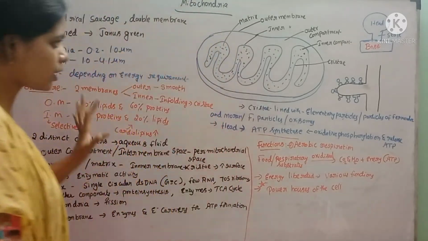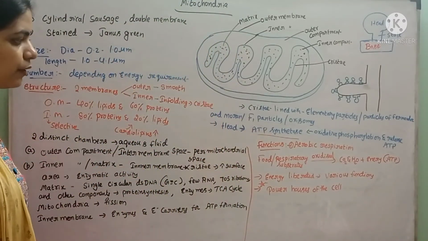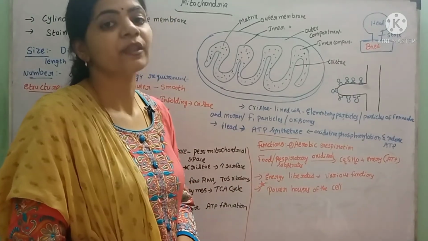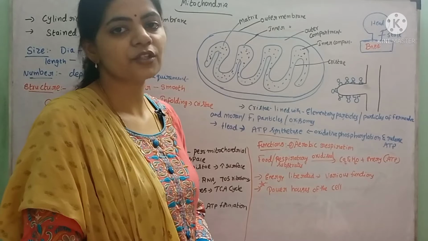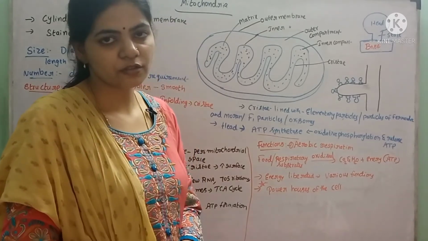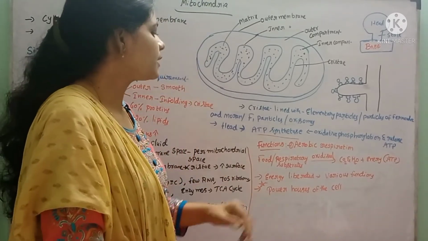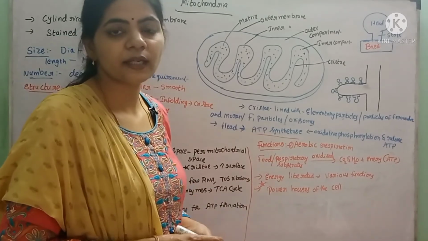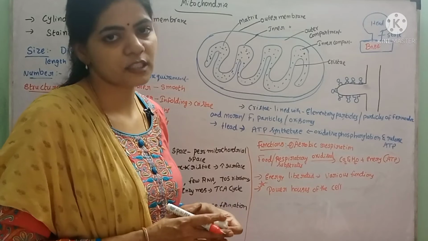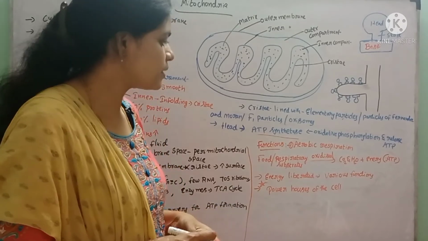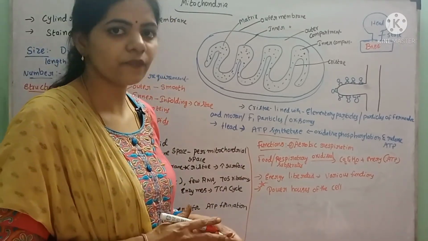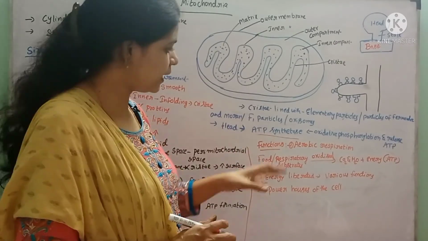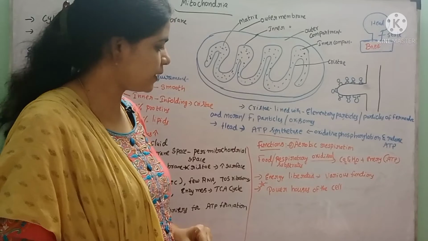This is about the structural properties of mitochondria, and now we'll see a few functions of the mitochondria. Here, what is another name for the mitochondria? They are called powerhouses of the cell. Looking at the functions in the cell, these mitochondria are involved in aerobic respiration. Aerobic respiration means the respiration which takes place in the presence of oxygen. So these are the main organs for aerobic respiration.